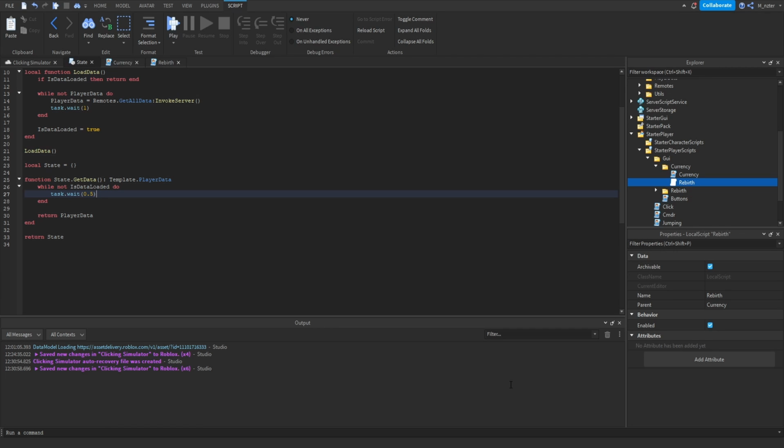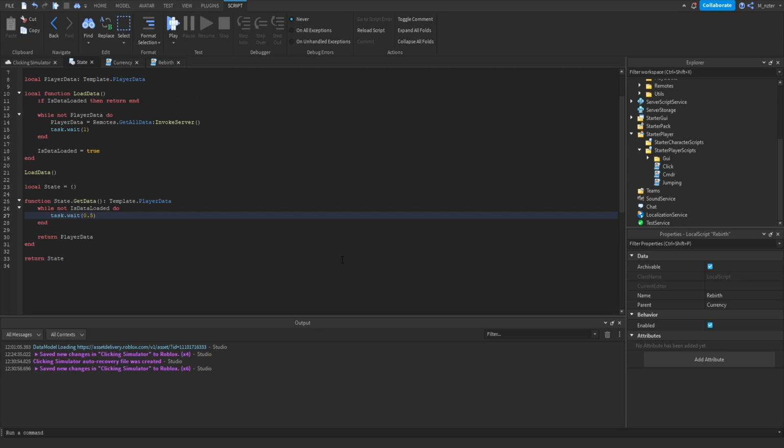And now the reason that we're doing this is because we can't define which scripts run first. So ideally, if we had a bunch of scripts inside of our starter player scripts, it would be nice if we can make one script load before all of the others, and then we could easily make our state manager that way. But since that's not possible, what we're going to do instead is any scripts that try to access the player's data before it's loaded, they're just going to pause right there until the player data is actually loaded, and then once the data is loaded and that script is able to get the data, then that script will